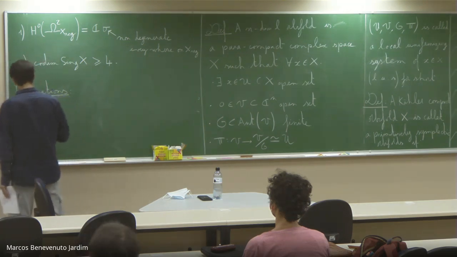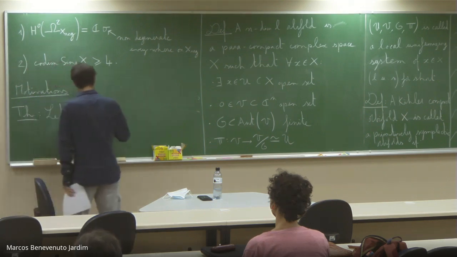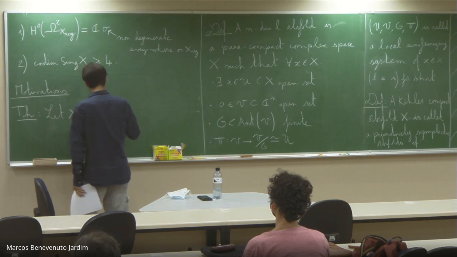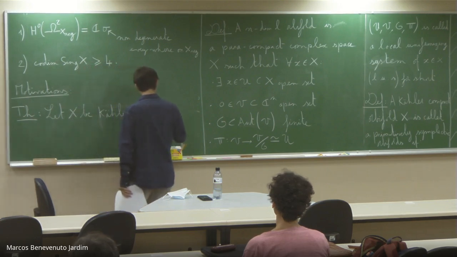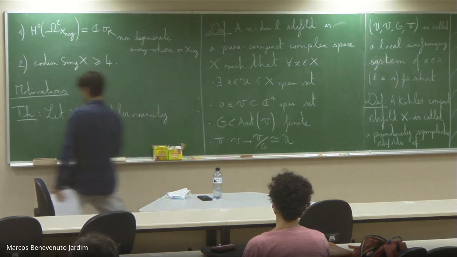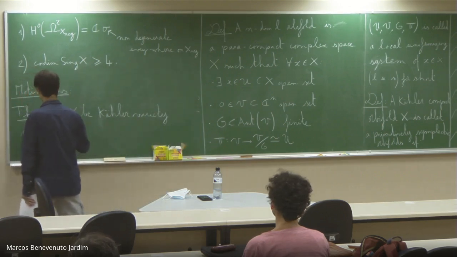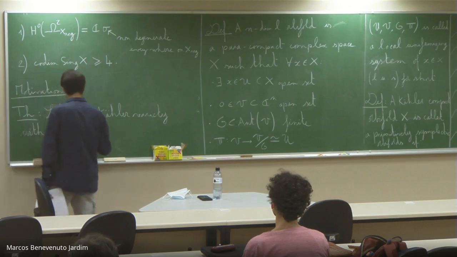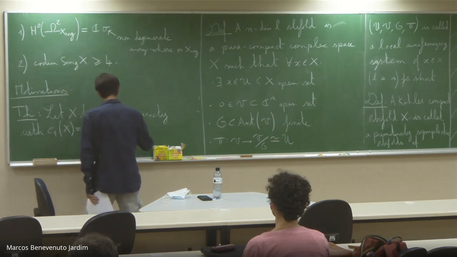Many people. So let X be a Kähler variety with trivial first Chern class. Then there exists